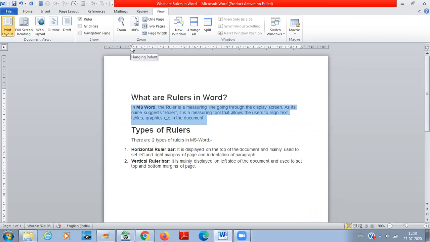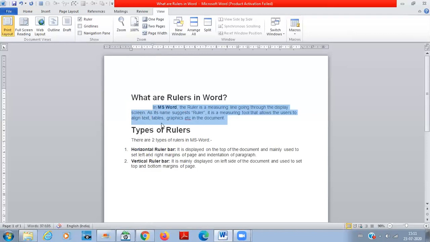So let's understand what these indentations are. First line indentation means the first line of the paragraph will start a little inwards, right? As we all see in books, the first line of the paragraph starts a little inwards. So let's see, if you drag only the first arrow, let's drag this.